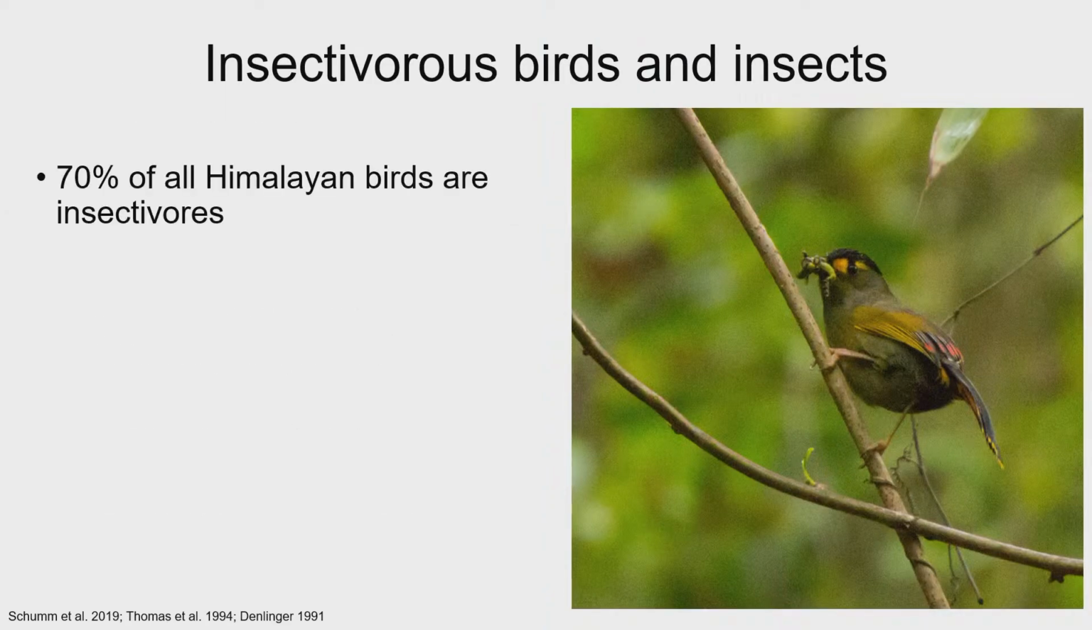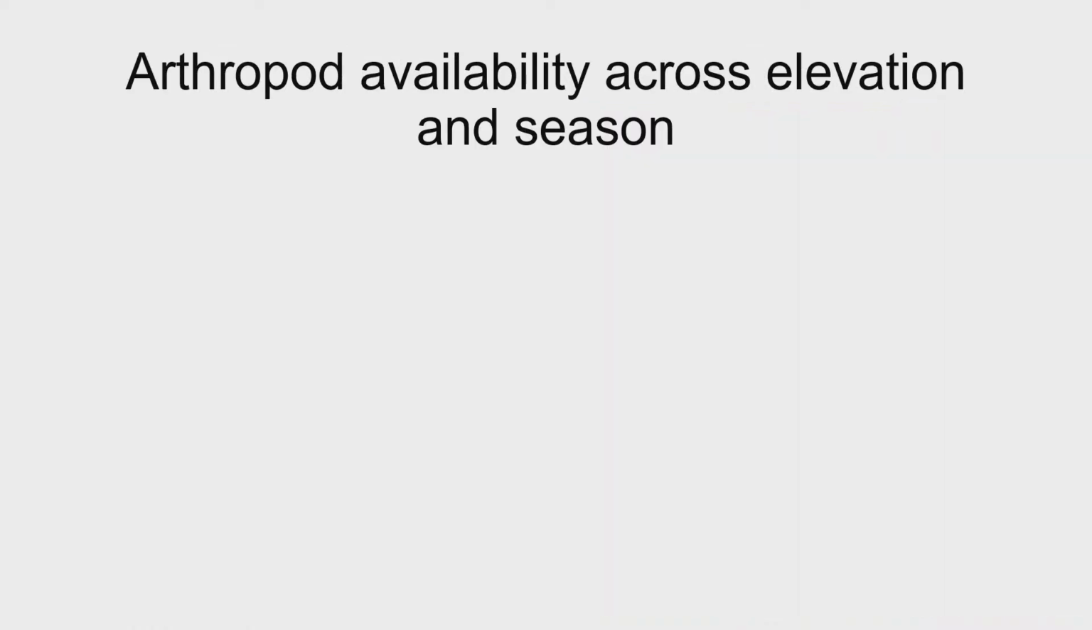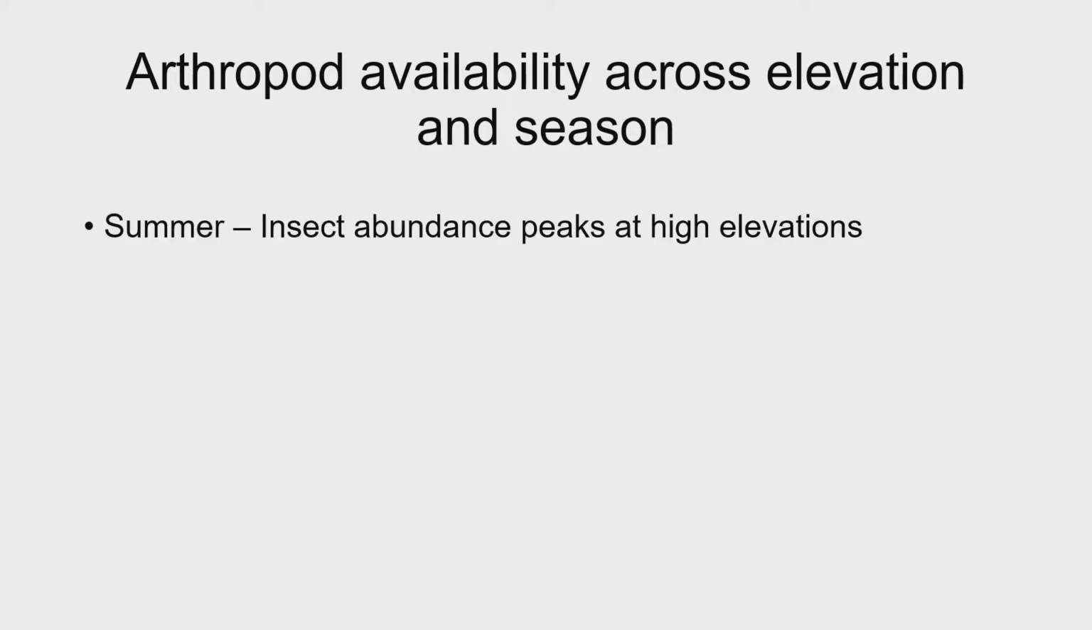The other interesting thing is that nearly 70% of all birds in the Himalayas are insectivorous, and nearly 70% of high elevation birds in the Himalayas migrate elevationally. So that's why insects are very important dietary items for these birds, and the availability of insects might be driving bird migration in the Himalayas. That was my theory. So what we see in the Himalayas is, at higher elevations in the summer, there's a